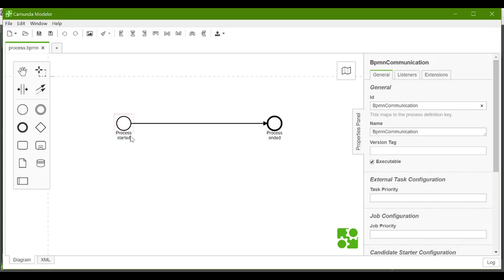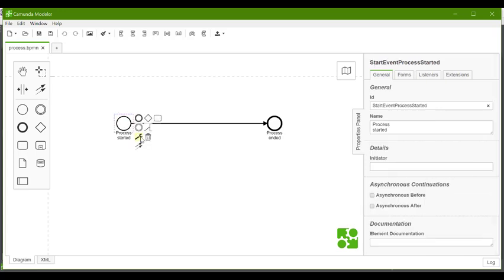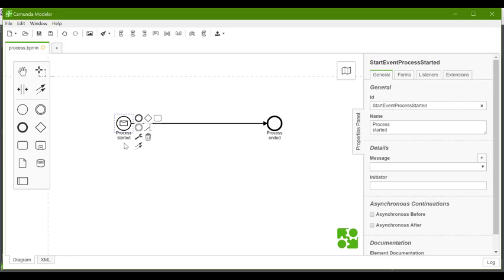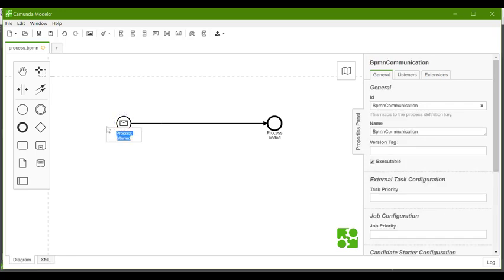So let's start. I'm going to model a very common process for me, which is someone posts a question on Camunda's forum. Great stuff. This happens all the time. I quite like the Camunda forum, so I spend a lot of time doing that.